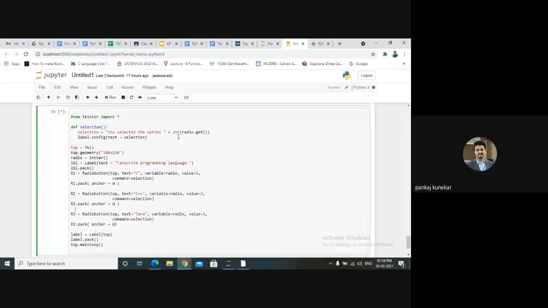So what we'll do is str radio dot get. Whatever value we have as text, its variable, its value, that value will be displayed over here. So you selected option, that one, and then you need to configure the label, like which selection you have preferred. So you have selected 1, 2, 3 like that. Using a radio button, you can select only one option like this.